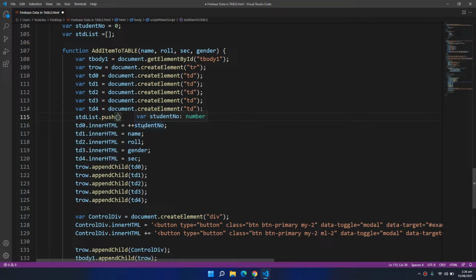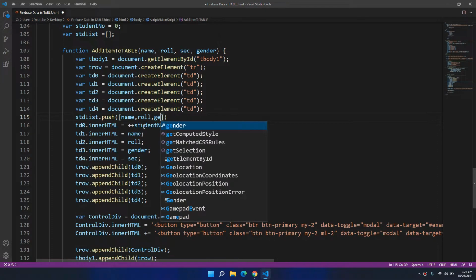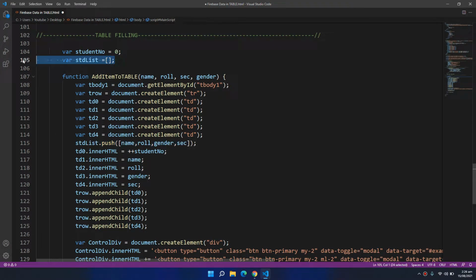So all the data which contains the name, the roll number, the gender, and the section. I am gonna collect all the students' data inside my array too.